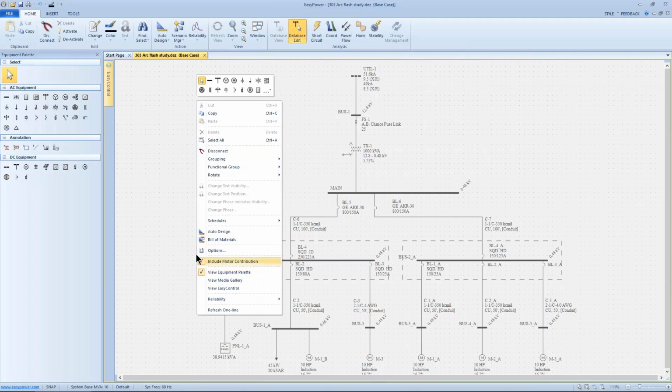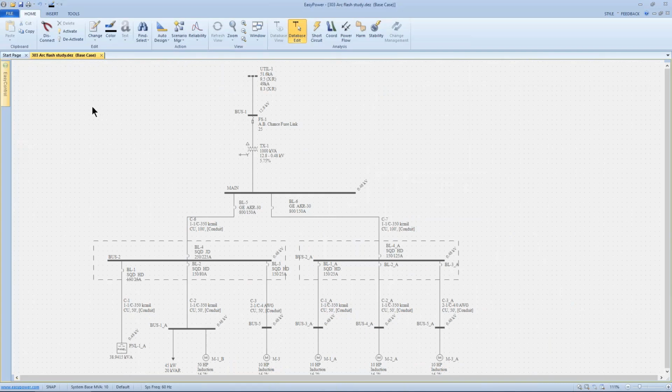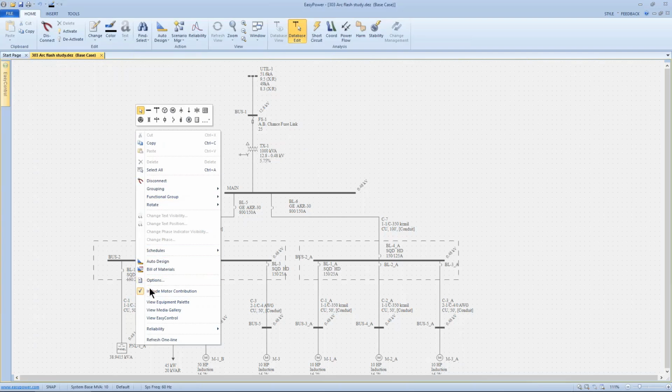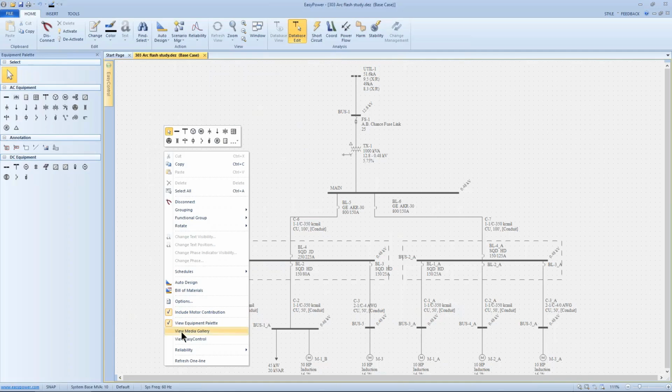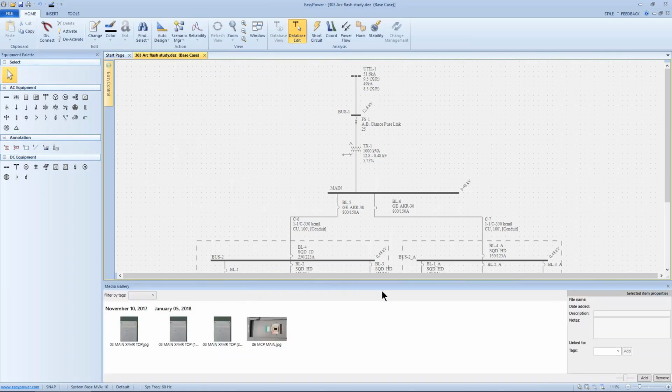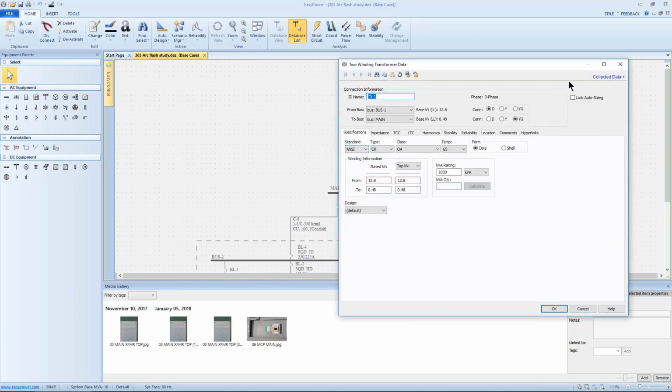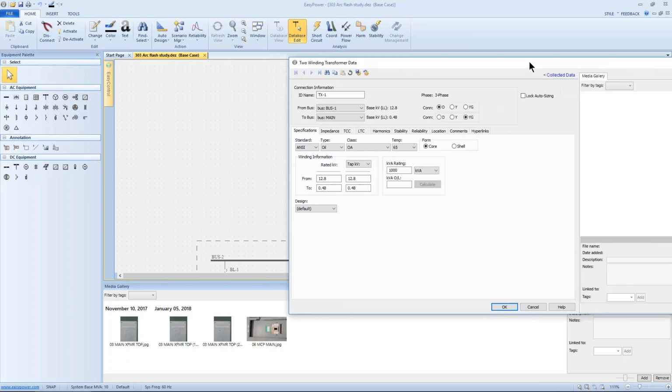Okay, a couple other things that are available under the global access, and again in database, if I right click, if for whatever reason I'm not showing the equipment palette, I need to check this box. If I don't check it, it's now going to be available. So this puts it on the screen, the equipment palette. Same thing with the media gallery. The media gallery refers to a file that's available with this particular project with pictures that I've associated with different elements. For instance, if I come back here to my transformer and look at the collected data file,